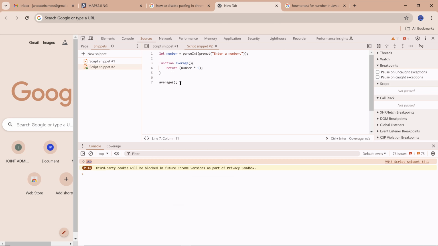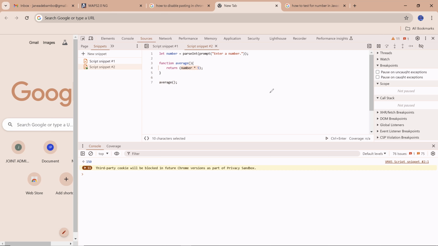Now, whenever I call this function, it will come here, then run this statement. It should first of all evaluate this expression, number, which in my case was 30, multiplied by 5, which is now 150. So this will now return